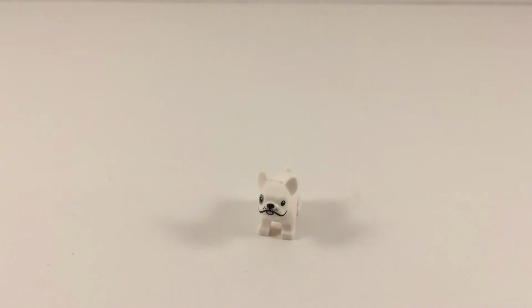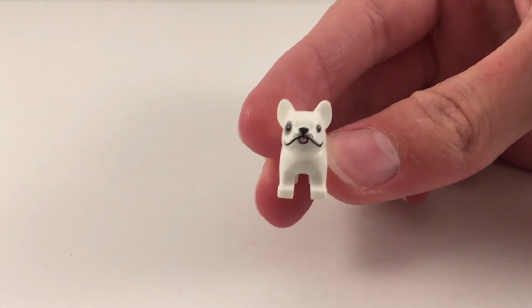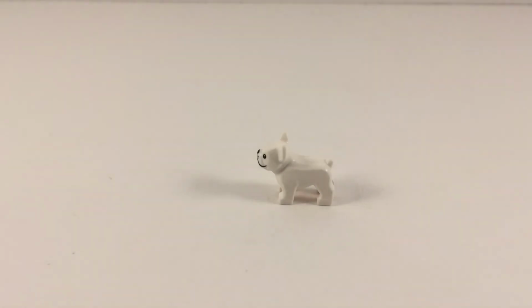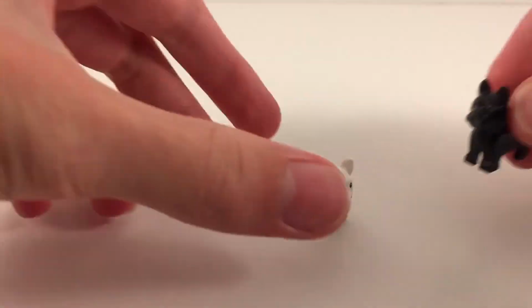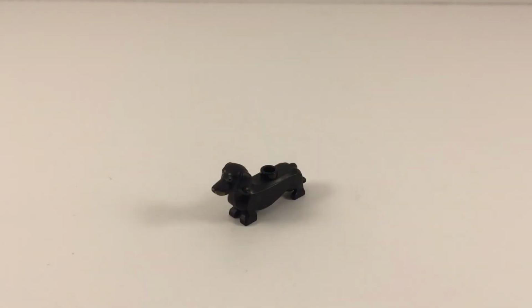So next up is another small one, which is the French Bulldog. It was introduced in 2017 and was last used in 2019. There's two different variants of it, both appeared in a CMF series. This one does have a lot of nice face printing with a little spot around one of the eyes, no stud on the back of this one, and it also has a very short molded tail on the back there. This one is also more similar to the size of the Terrier, unlike this next one, which is very short,